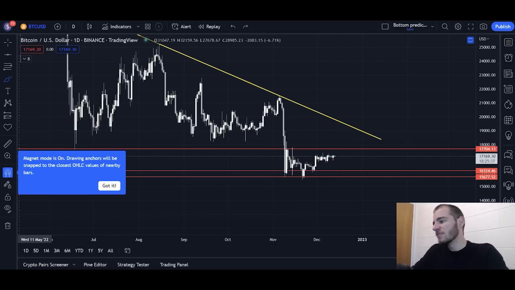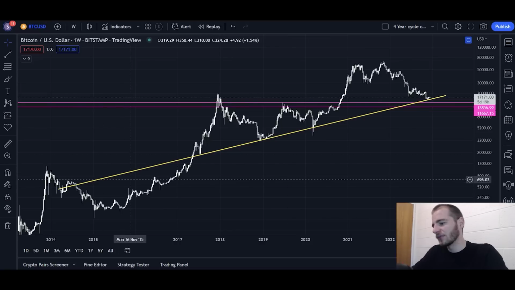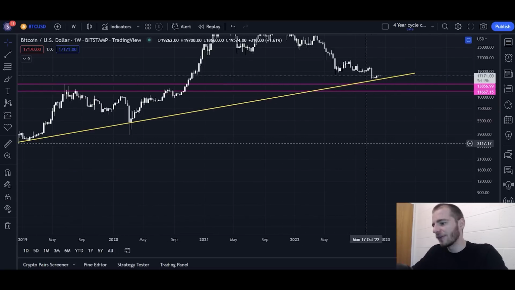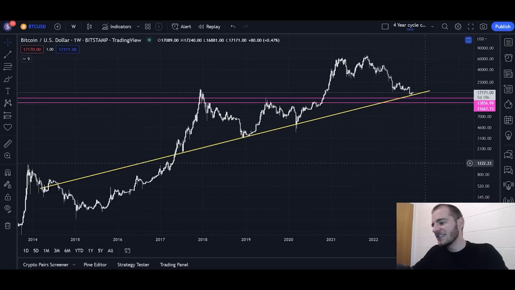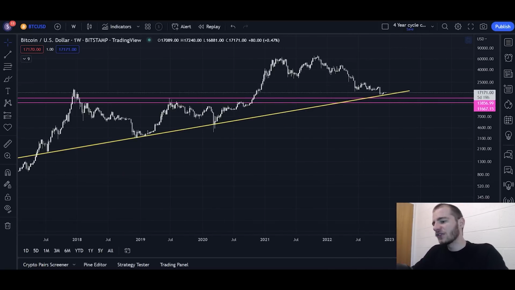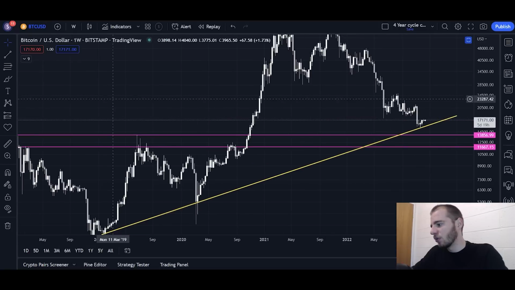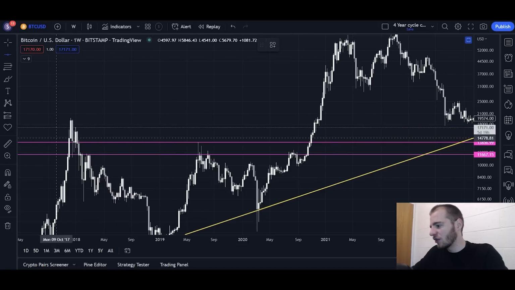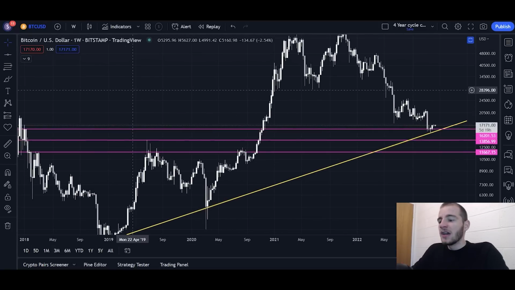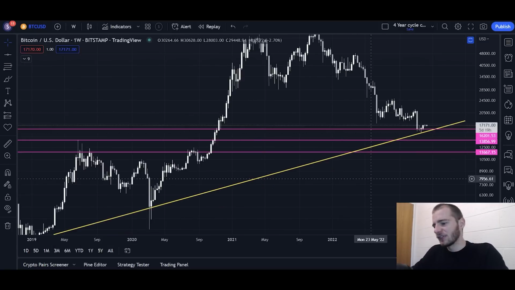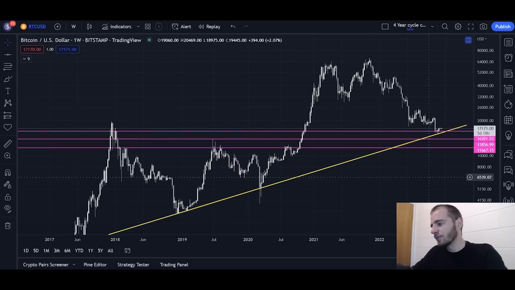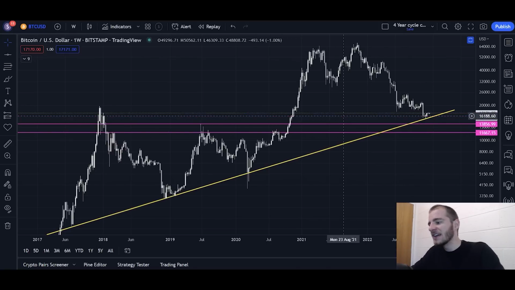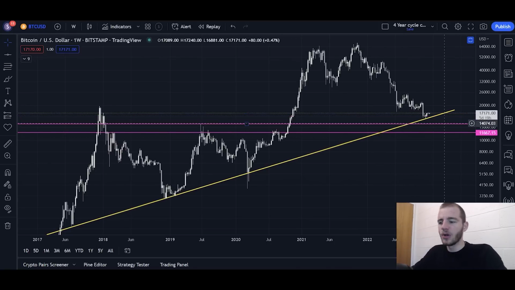Now, on the other hand, if we move to the downside, and this is where this chart comes into play, if we break below 15.5K, we are breaking below this 8-year uptrending support line, which is one of the only things, other than a horizontal support zone stemming from this candle here back in 2018, right, you see that? One of the only things right now that is actually keeping us afloat. Okay, so breaking below 15.4K on the weekly candle especially would break down that yellow 8-year support line and would break down the horizontal support and would send us plummeting straight downwards towards one of these pink zones at either 13.8K or 11.5K. So that's what's at stake here.